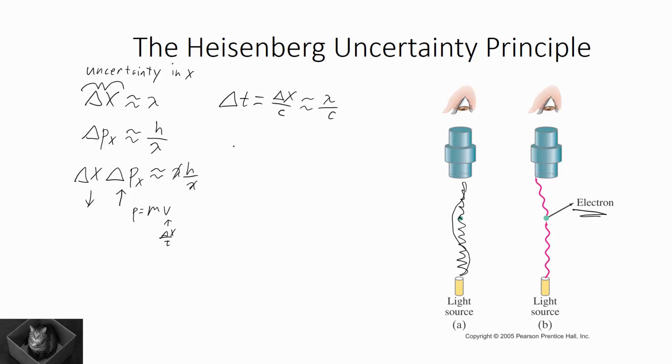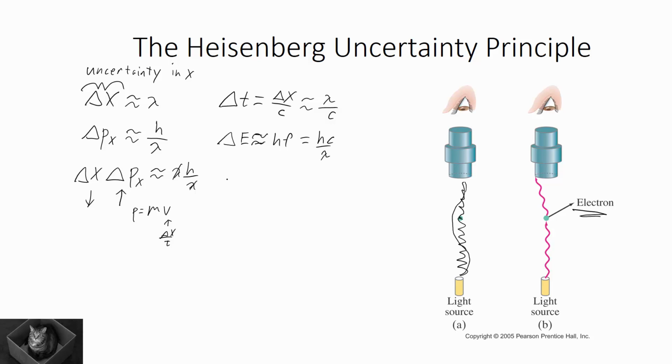Okay, now if we think about the energy transfer to the electron rather than the momentum, well, the energy of the photon is hf, and so it could have transferred all of the energy. It might not have transferred that much, but it could have transferred that much energy to it.